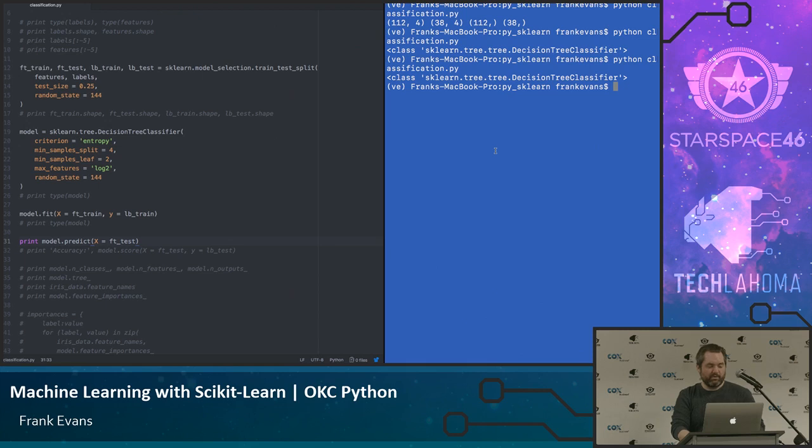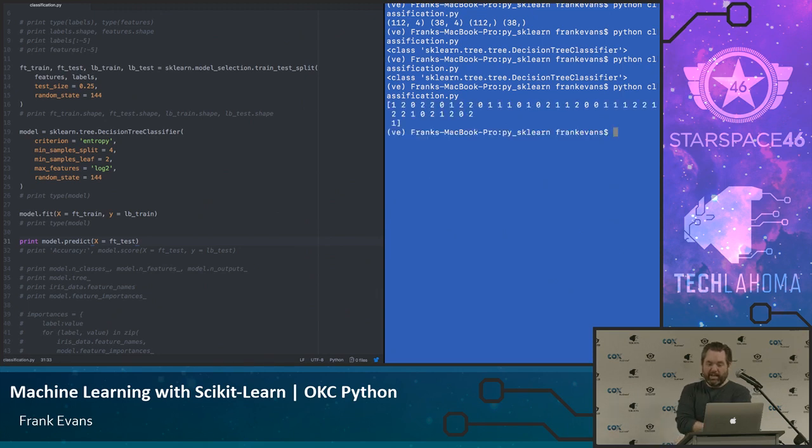So now I'm going to interrogate it. In this case, I'm going to interrogate it by giving it that test data and say, make your predictions on this test data, and just let me see them. So show me what you learned. And now here's my randomly generated test data, and it thinks the first one is a 1, the second one is a 2, and the third one is a 0. What are these things really?